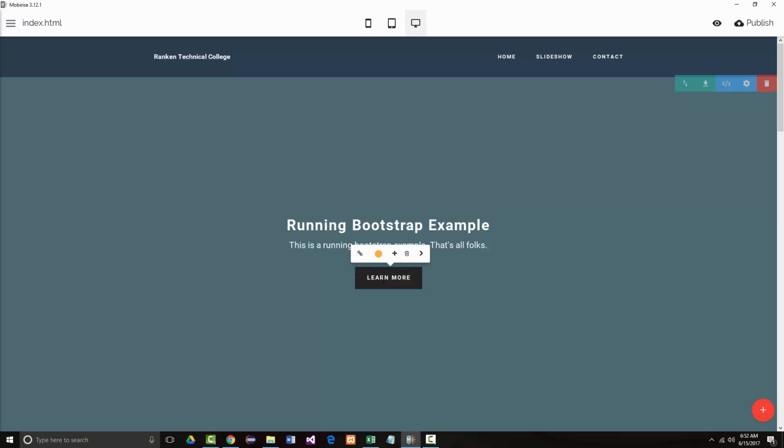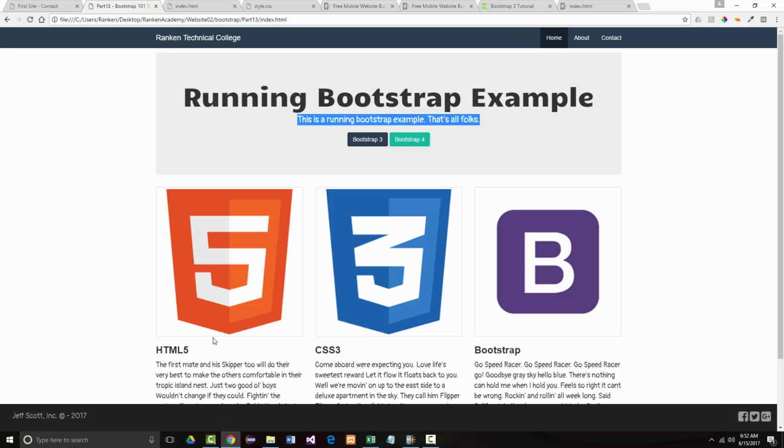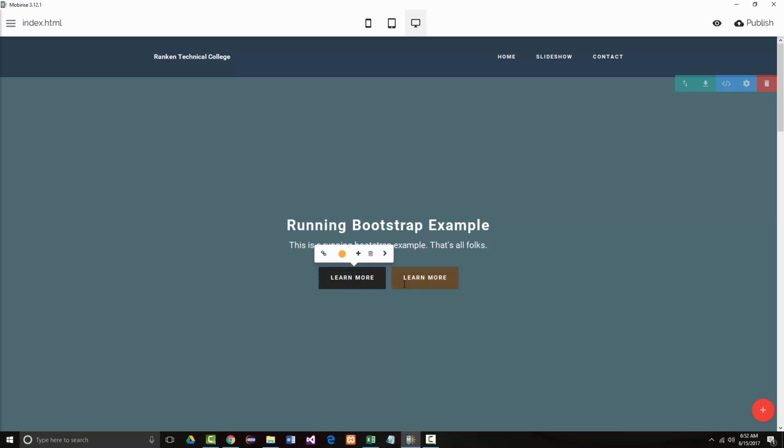Now, with the buttons, we can add another button. Okay, so we've got running bootstrap example. This is a bootstrap example. That's all, folks. Again, I'm just trying to quickly make it kind of look like this. It's not going to look the same. So I want a bootstrap 3 and a bootstrap 4 button. Okay, this first button right here, we want to change the color. We'll make it blue. And we want the text on it to say